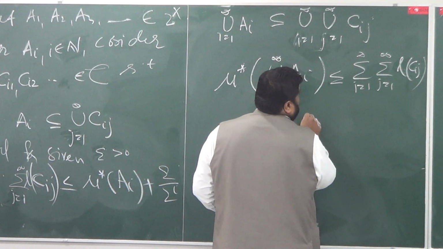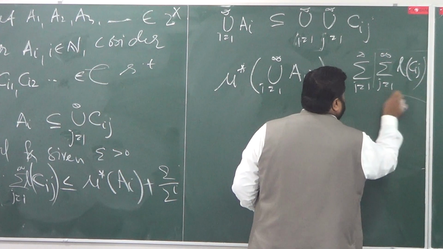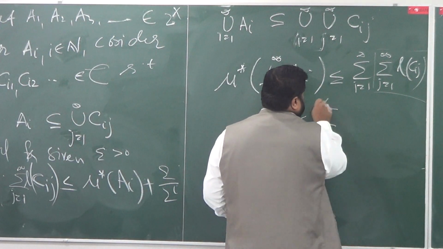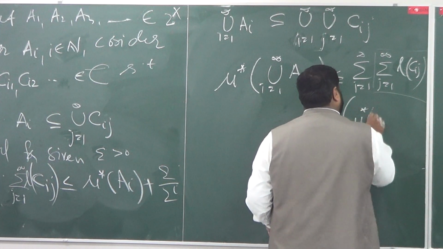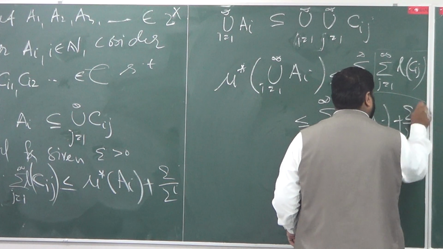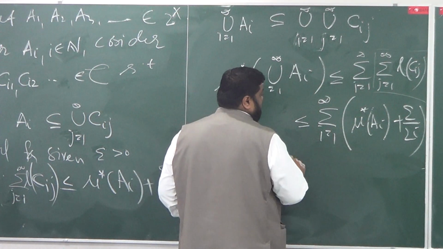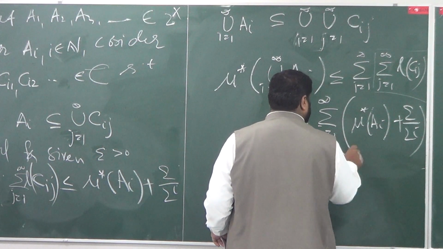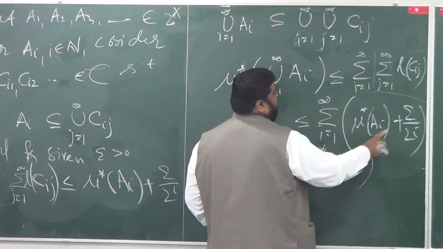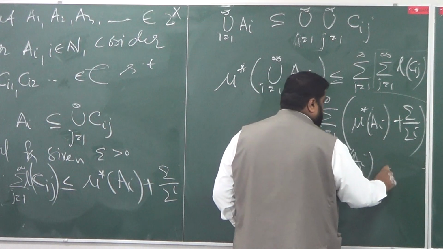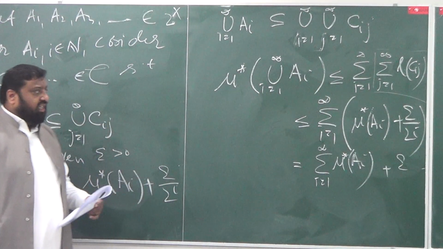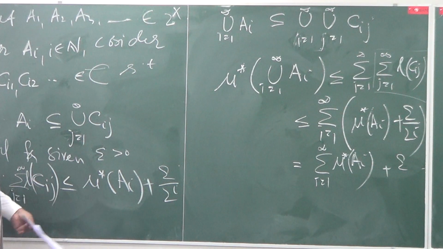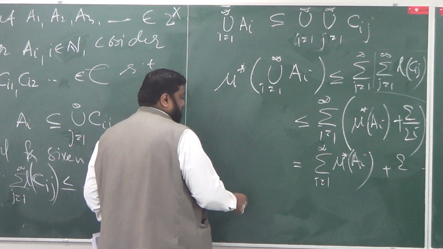Now I can estimate this thing by mu star of Ai plus epsilon by 2 to the i. So this is the same as the sum over i equal to 1 to infinity of mu star of Ai plus epsilon by 2 to the i. Epsilon is arbitrary. This is the sum of mu star of Ai plus the sum of epsilon by 2 to the i, and it's a geometric sum, so you can see that this would essentially be epsilon. And since epsilon is arbitrary,